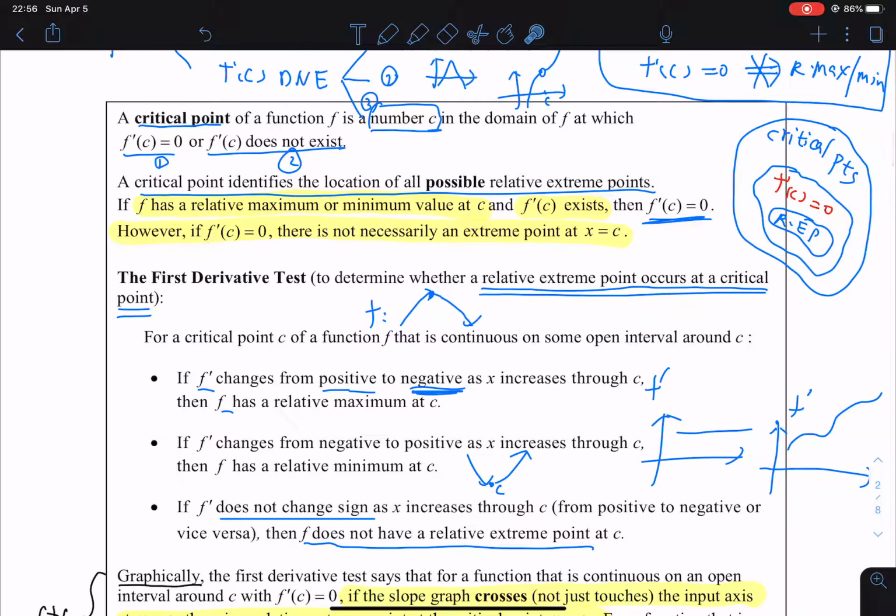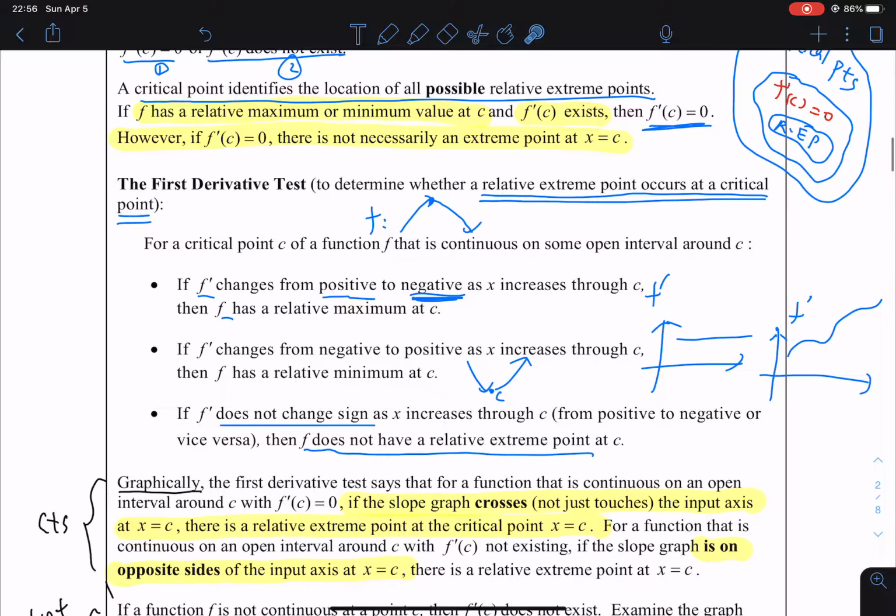However, if we only have that the derivative is 0, you cannot just say that we have an extreme point at this point C. And then this part is about the first derivative test. Just remember, for the first derivative test, we only use it for